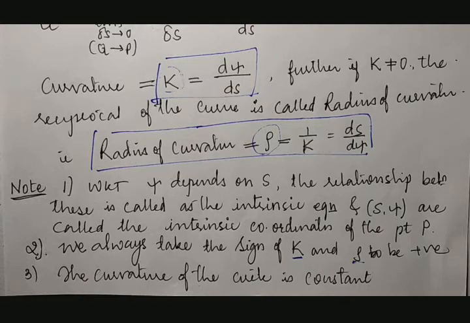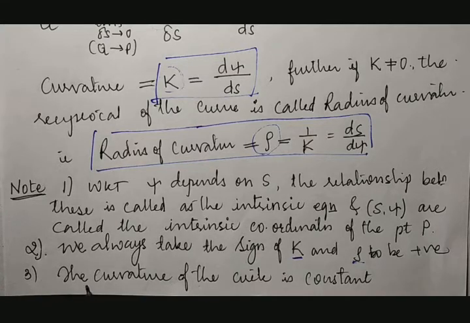Whenever we calculate curvature or radius of curvature, it will be treated as positive only. Why? Because it is a bent curve. A curve from the right side or from the left side doesn't make any difference. A curve is a curve. Therefore, curvature is always positive and its radius of curvature will also be positive. Even if it becomes negative, put it under the modulus sign and make it positive.